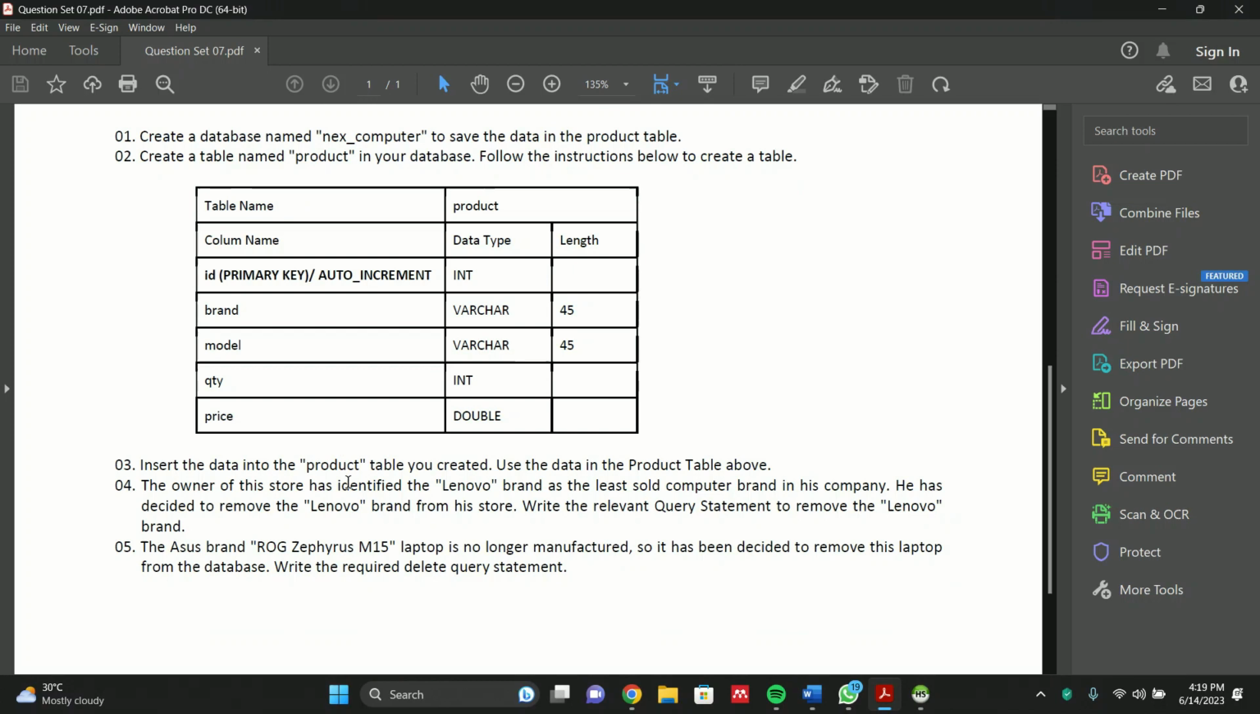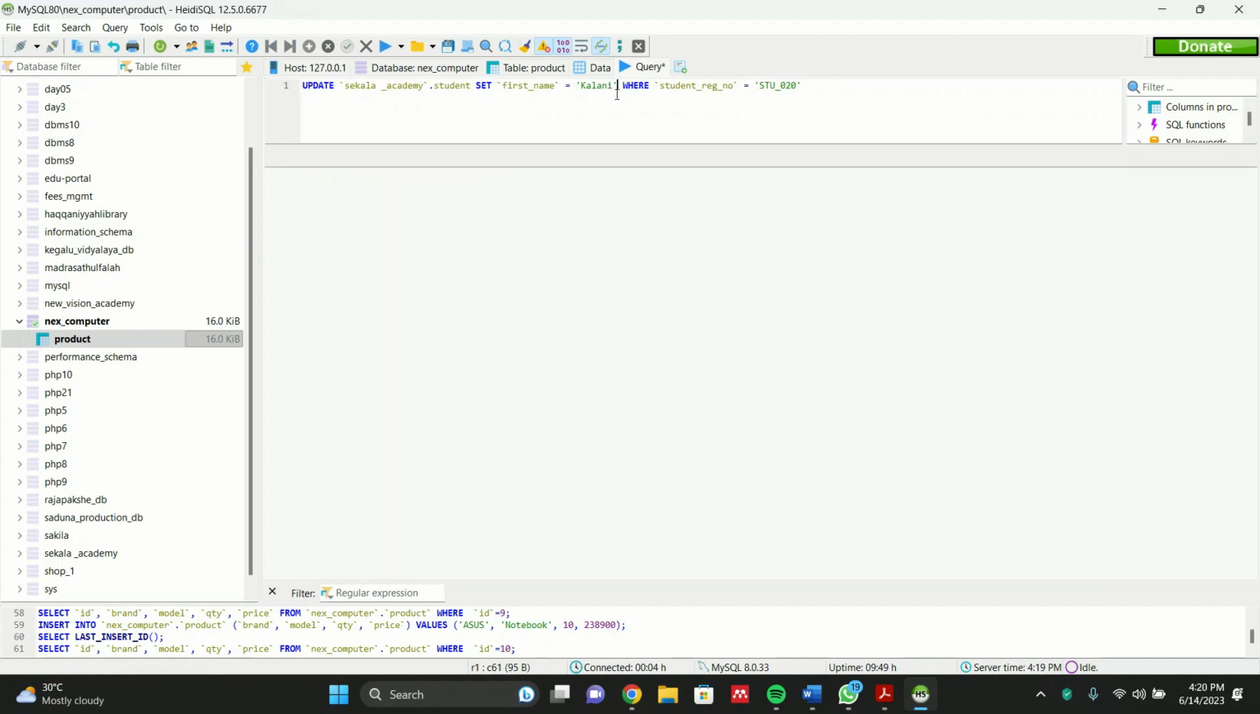Next, the owner of this store has identified the Lenovo brand as the least sold computer brand in his company. He has decided to remove the Lenovo brand from his store. Write the relevant query statement to remove the Lenovo brand. So let's use the delete query. Head over to the query tab, delete whatever is there, and then type in DELETE in all caps FROM, and then type in next_computer.product,